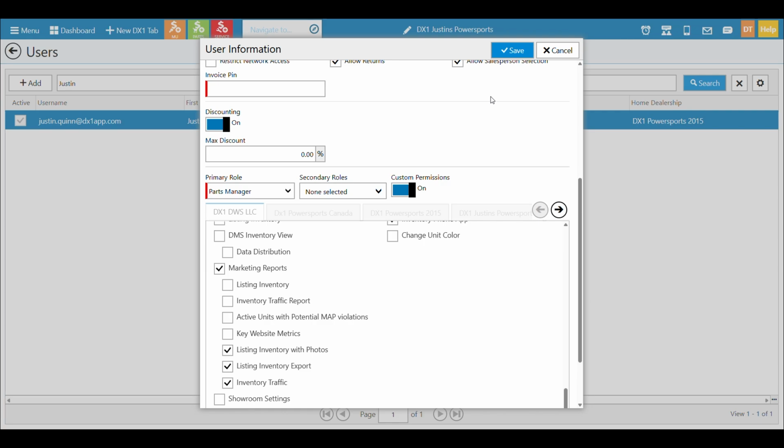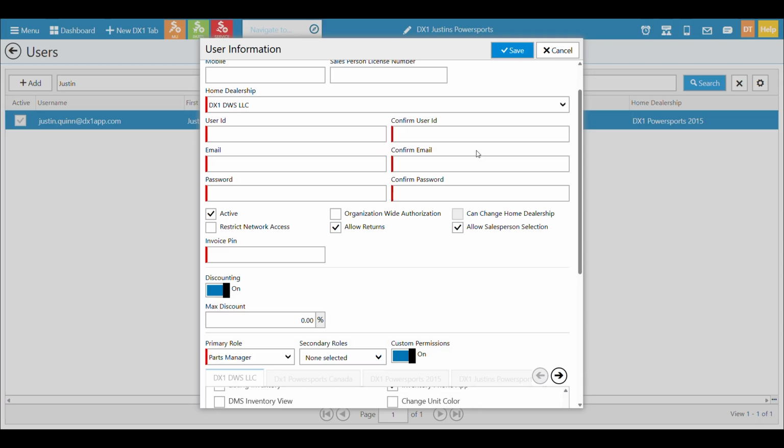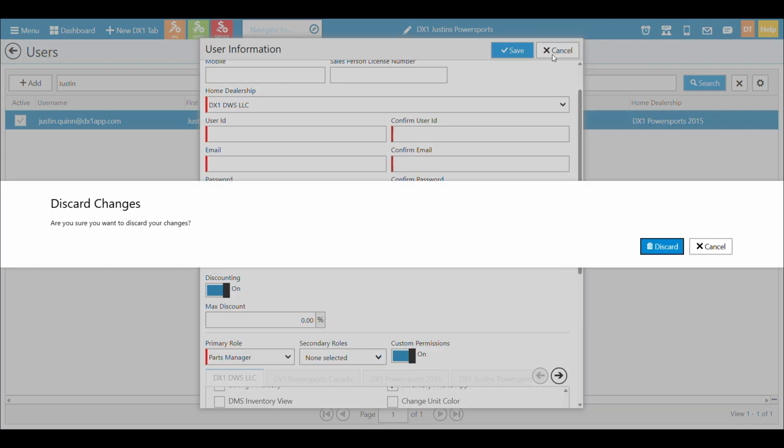And again, we just saw how you can manage it. So dealing with the basic parts of setting up users, adding them, and if you need to deactivate an existing user, simply uncheck the active box, hit save, and that user will be deactivated. Okay, so that's going to cover the changes that we have and the things that you need to do for adding and managing users, and a little bit about roles and permissions.